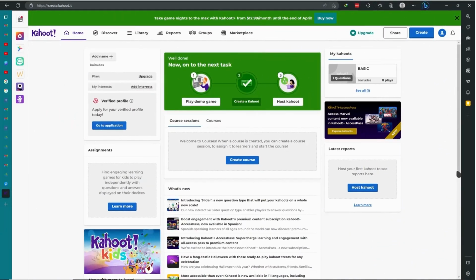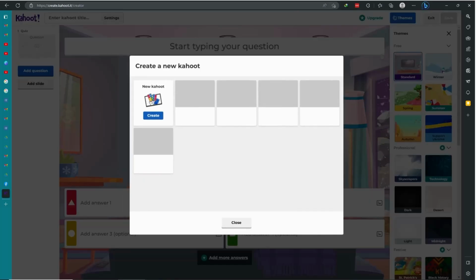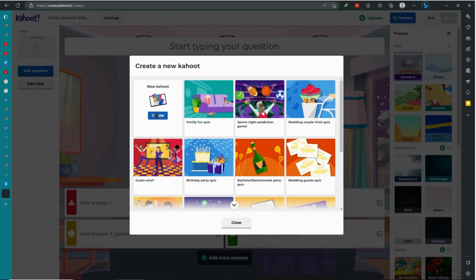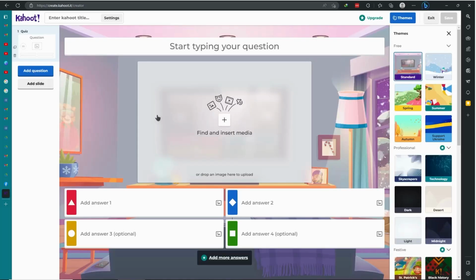So let's get started. First, let's click here on create and type Kahoot, because that is what we will create, and create a new Kahoot. Or you can also choose templates here, but we're going to choose this one. And here, you can start by